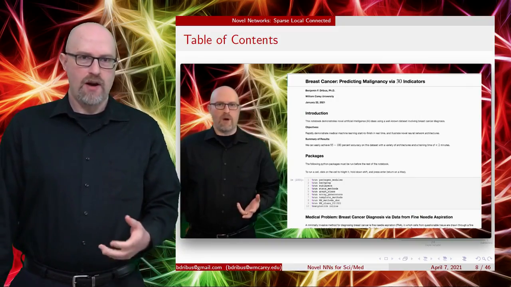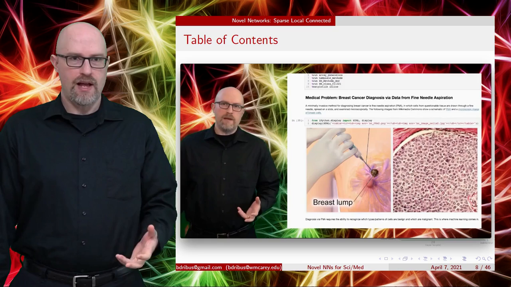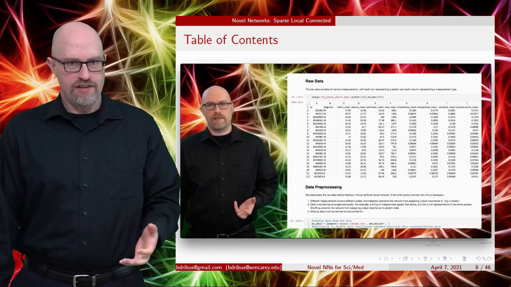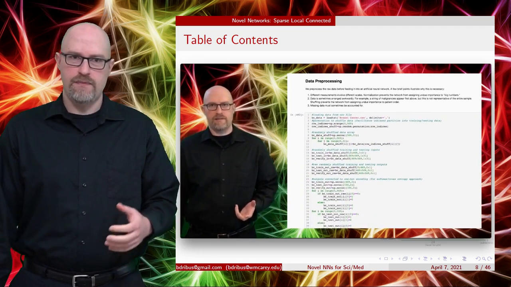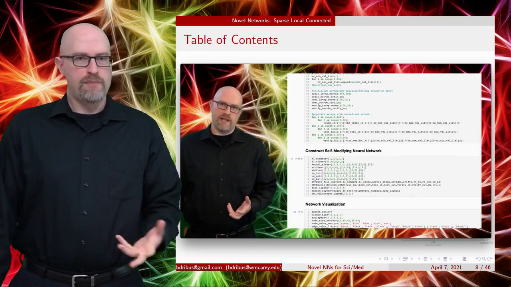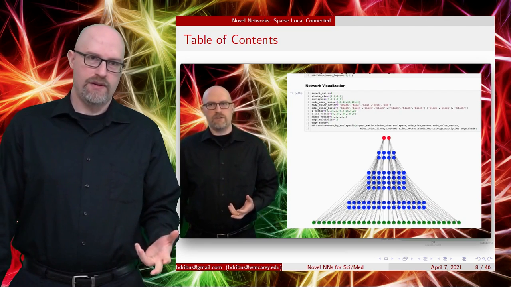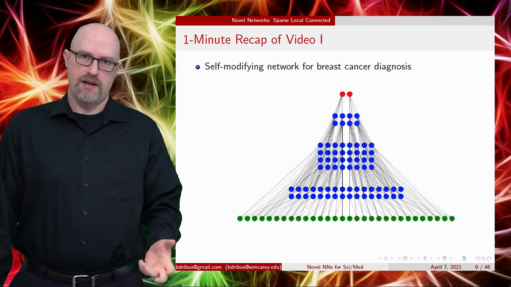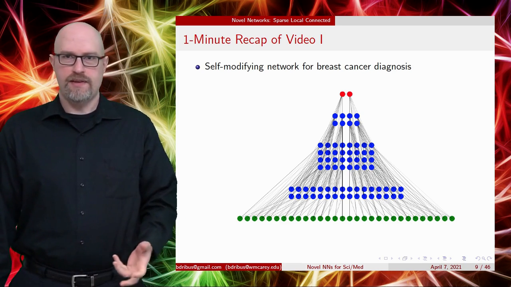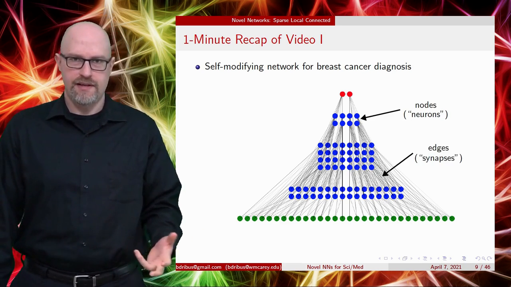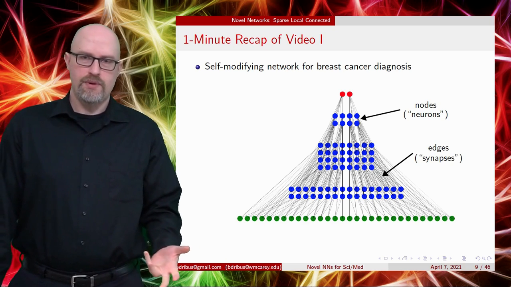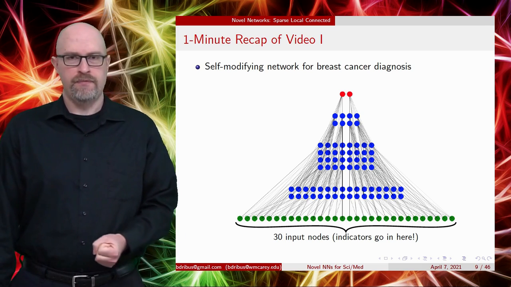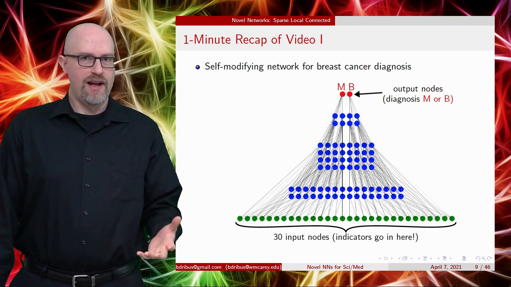In the previous video, I demonstrated software I've written that allows hybrid network architecture to evolve naturally in response to the specific challenges of a particular data set. A brief recap of this will be helpful moving forward. The network I demonstrated is for breast cancer diagnosis. The nodes represent neurons and the edges represent synapses. The 30 input nodes receive 30 cellular measurement indicators for each patient, while the 2 output nodes provide the diagnosis